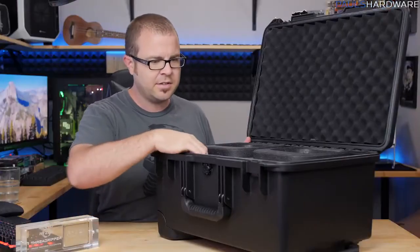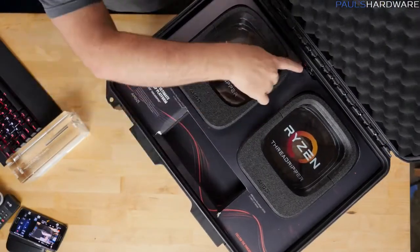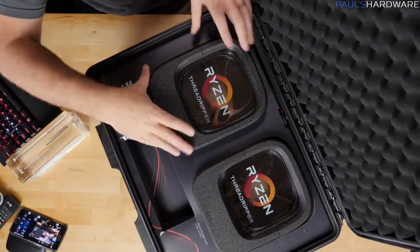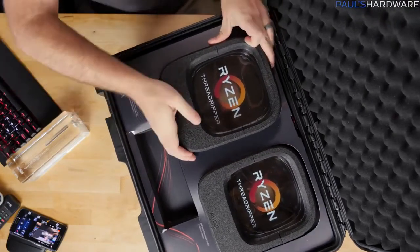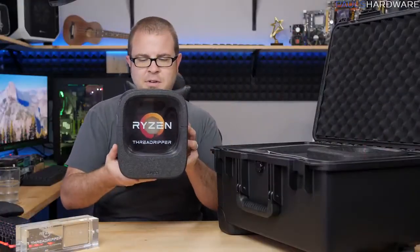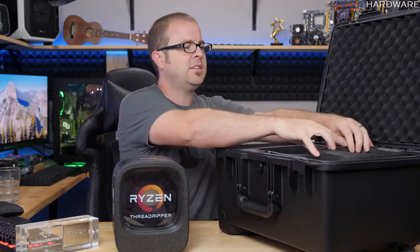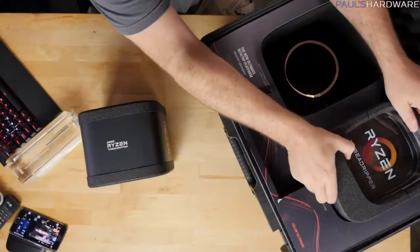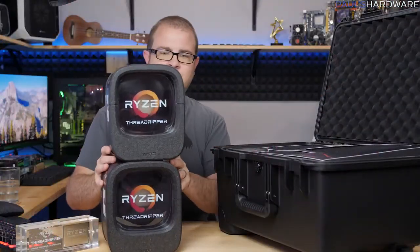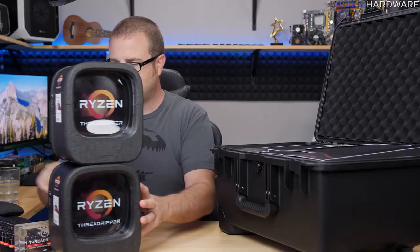So inside, it looks like this did get banged around in shipping just a little bit. There's some foam protecting it, but there's clearly at the very top here a little piece with a connection point that's supposed to attach to the top, which I think must have gotten busted up in shipping somehow. So that's unfortunate, but inside are our two Ryzen Threadripper retail packages. This is a Ryzen Threadripper 1950X, the full-on 16-core 32-thread version. Oh, there's lights inside. This is a specially custom-designed case with lights inside. And then second up, we have the Ryzen Threadripper 1920X 12-core 24-thread version,